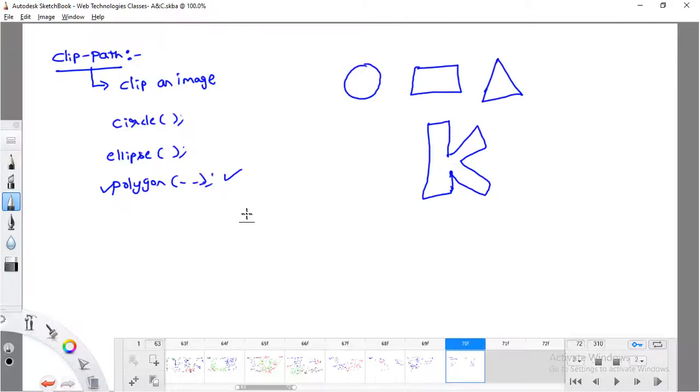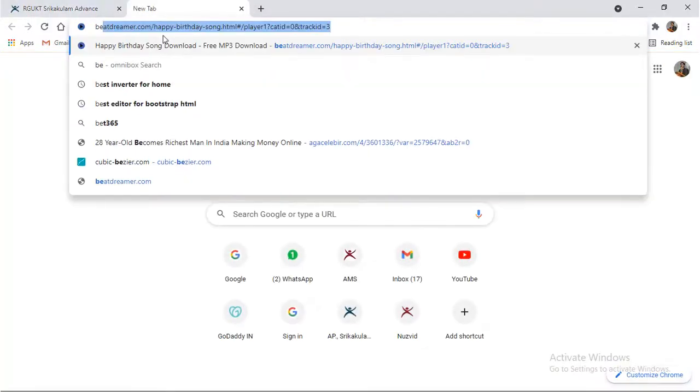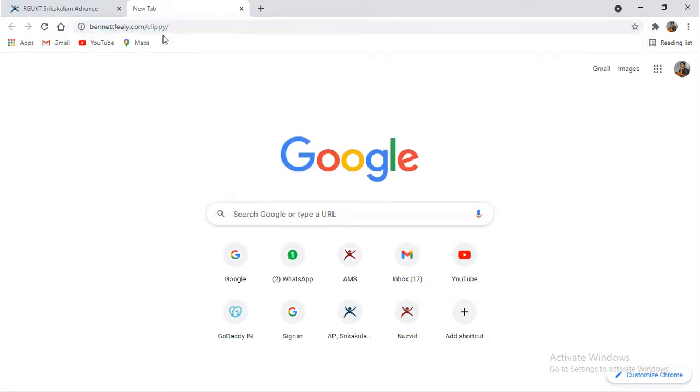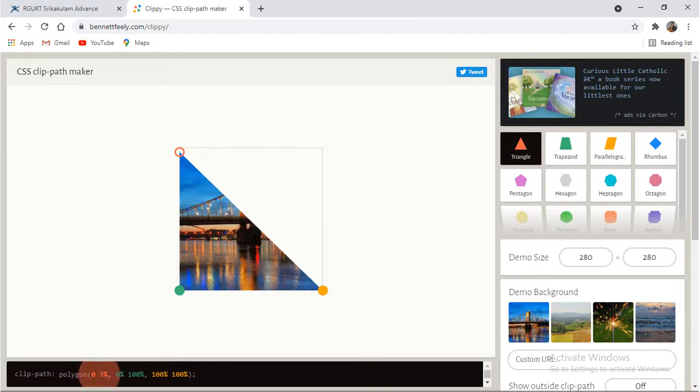Here I will give you one website where you can usually get this kind of shapes. bennettfeely.com is a website where you will have various kinds of shapes. Here you can observe, if you want to get the form of a triangle, you can adjust this.